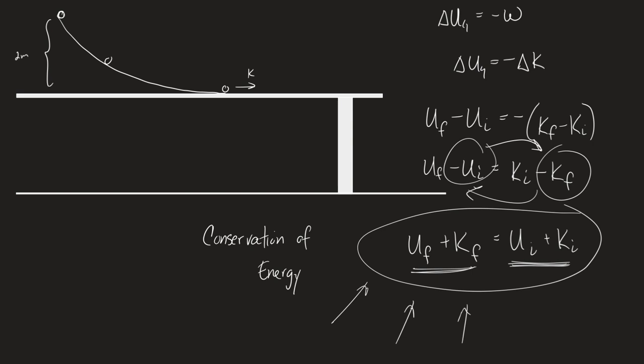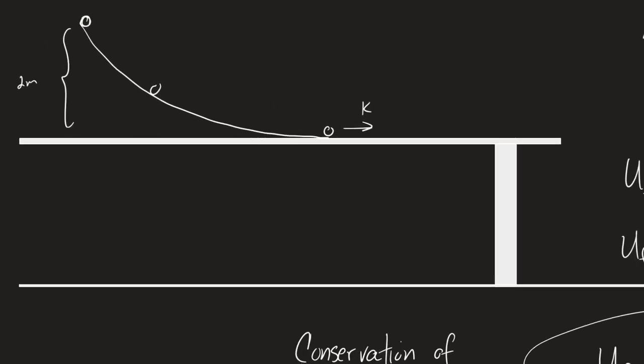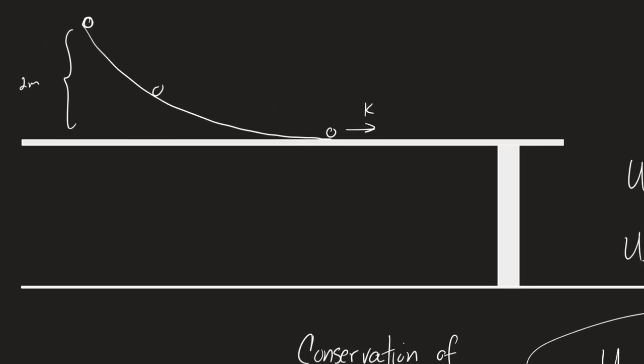Everybody got it all down? So I want to explain how this works. It's so easy once you catch it. An event is going to occur here, right? The ball is going to roll down the ramp. That's our event. The initial state of the ball is up here, at the top of the ramp. This is the final state of the ball. It's at the bottom of the ramp.